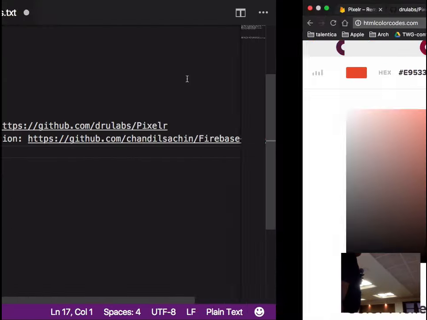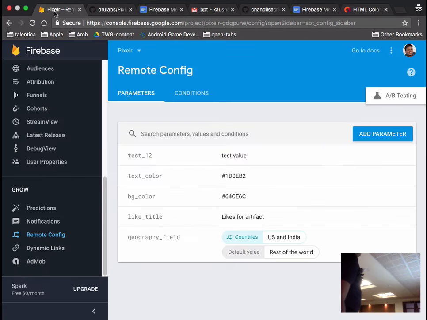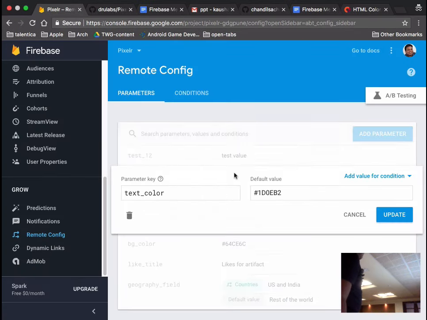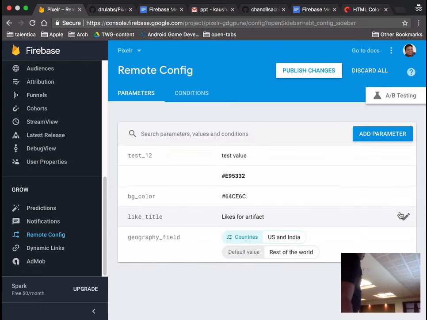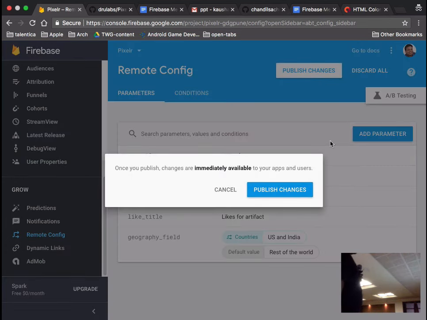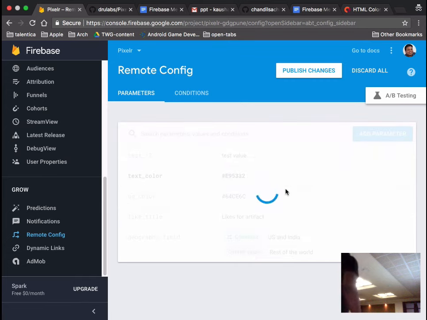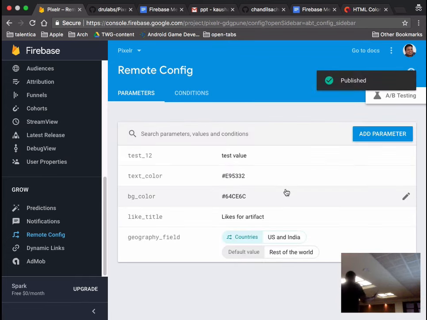Go in my console. Here. I change this text color to the new color. This is the hex color. Update this. So this part is updated and changes are published. So now changes are published, and once your app actually fetches these changes, so you can